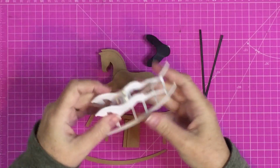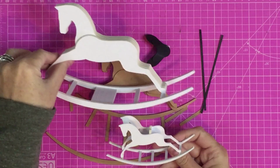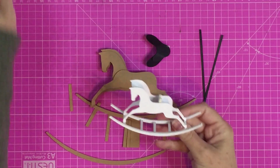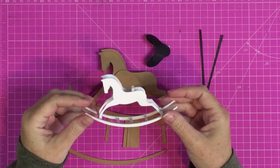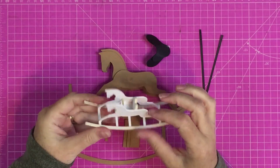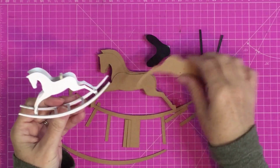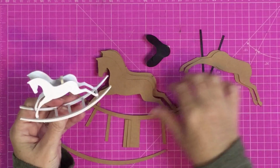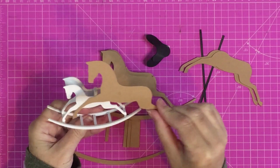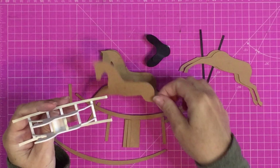Oh, and there's another variation. So this is smaller again. So I've done several sizes. This one's tiny. It's not 24th, I'd say. It's still very much 12th. Literally, I only used parts B and the rockers and the cross struts, and then